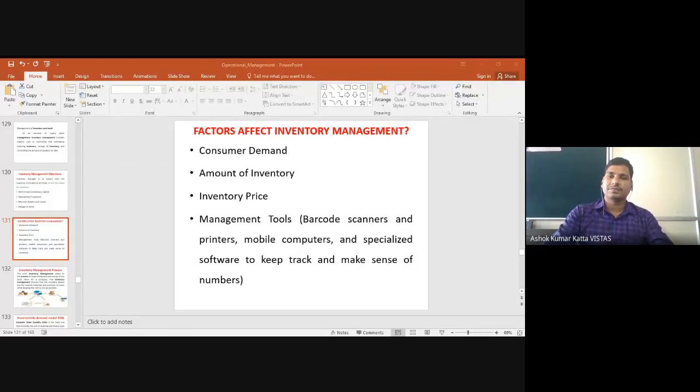inventory managers. Second one, amount of inventory. On the point of amount of inventory, what is the amount you are going to spend on buying this inventory? You should explain it to them, and this is the amount I'm going to be spending on the inventory. Will I be able to get proper returns? Of course, yes. If I'm unable to get returns, then why should I buy?